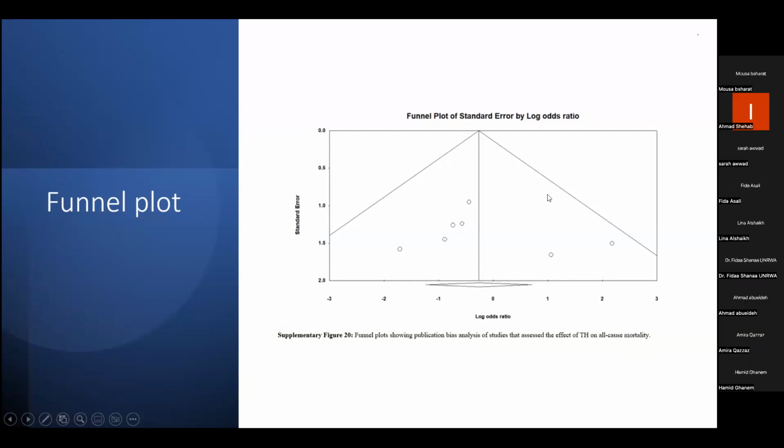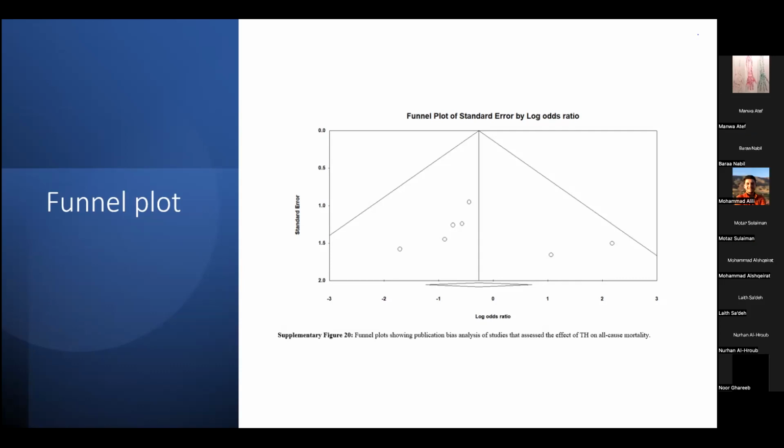In other words, you may be missing a large study that showed more mortality, or a more negative outcome, right? Because here we are studying mortality. This funnel plot is for mortality. So positive means a positive number, which means a negative outcome here, because it's worse to have more mortality. So probably we are missing a big study with negative outcomes, and that is the concept behind publication bias,